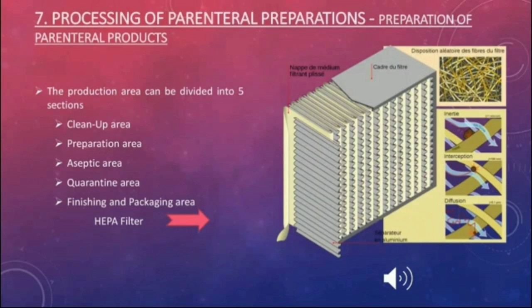Third one, aseptic area. Ceiling, walls and floor of the aseptic area should be sealed and painted so that they can be washed or treated with aseptic solution or sprayed before use. The air in the aseptic area should be free from fibers, dust and microorganisms. This can be achieved by the use of high efficiency particulate air filters (HEPA), which can remove particles up to